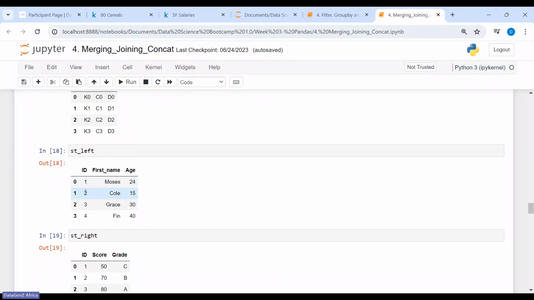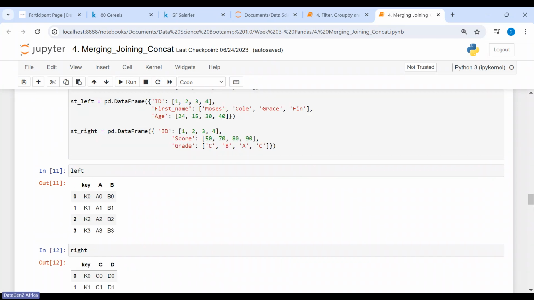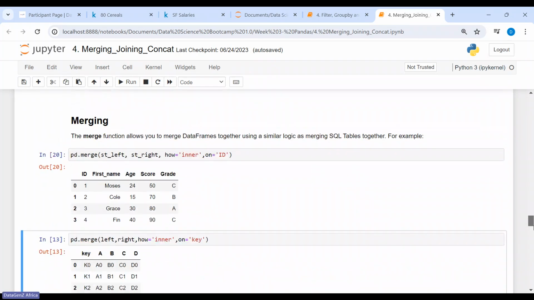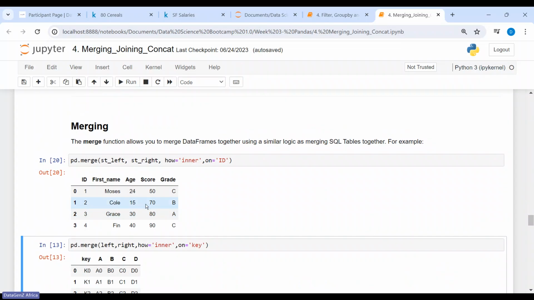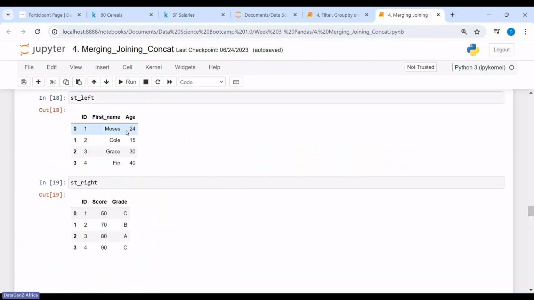It comes to the next row. The next ID says ID2, right? ID2 is what? Call 15. Then when it's doing its join, it picks the ID that has 2, right? Then you have the 70B. So it puts it on a single line. Let me scroll down to the single line. You can see call 1570B. It does the same thing for the third ID and the fourth ID. You can see that these two tables now have been joined together and combined on a